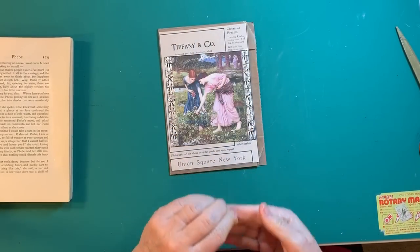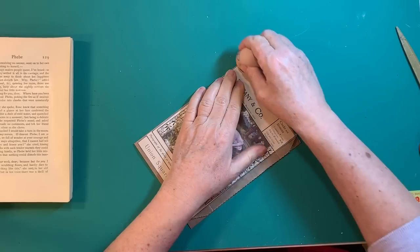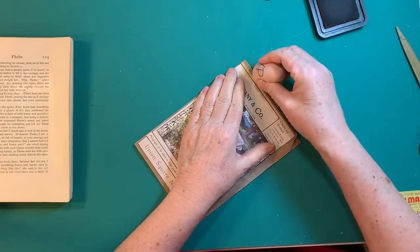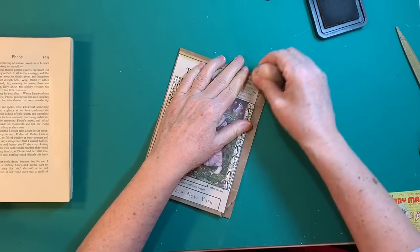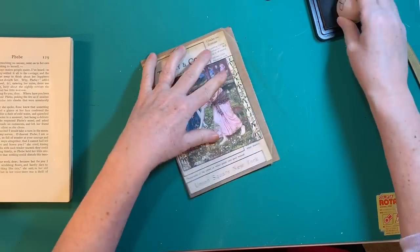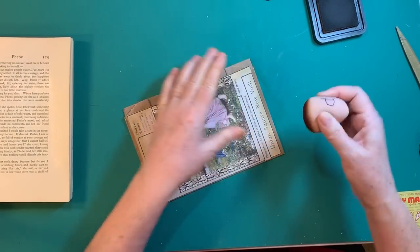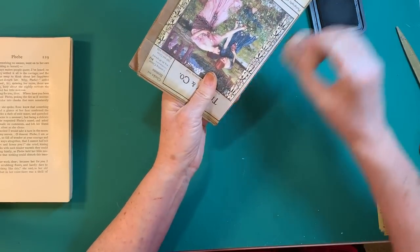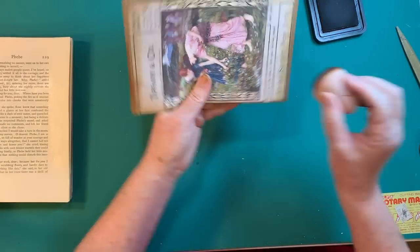Oh, I think that's pretty. I guess I could have done a little, maybe I still will. I'm going to do a little inking around that. Would have been easier to do it first, but of course I didn't. Okay,